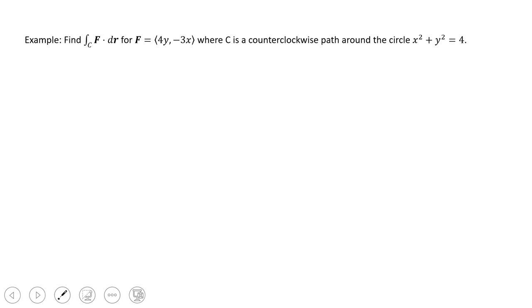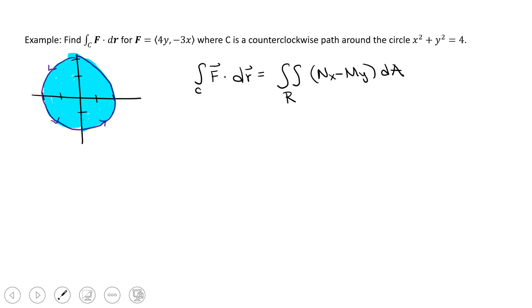All right, so let's do another one. Let's see if we can integrate F dot dr. So we're integrating along a path over a vector field. Our vector field is 4y minus 3x right here. And our path is a counterclockwise path around the circle x squared plus y squared equals 4. So this is the problem we're doing. Trying to integrate along this closed counterclockwise path